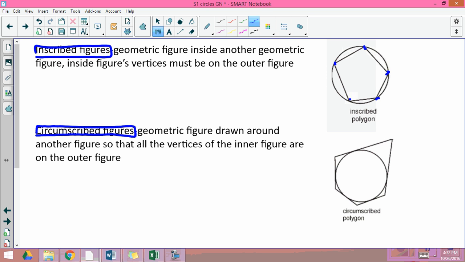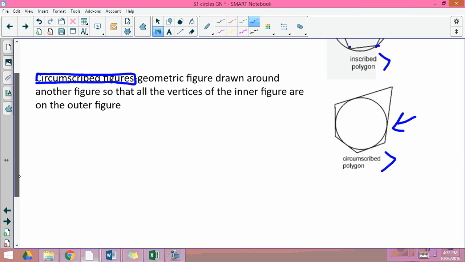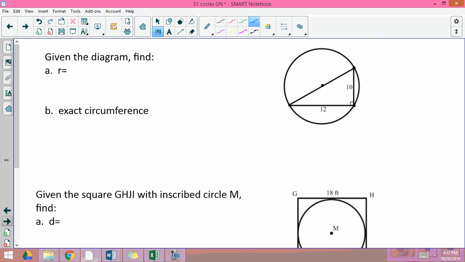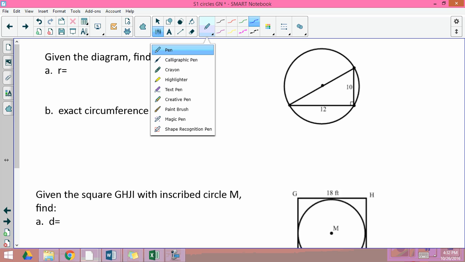touching the outer figure. So here we have an inscribed polygon. Here we have a circumscribed polygon. We could also say this one is an inscribed circle, and this one is a circumscribed circle. So it really is about which figure you're trying to emphasize, but the properties of both can come into play. So if we look at a couple of examples, like this one, given the diagram, find the radius and the exact circumference. Well, at first glance, it doesn't seem like we know anything about the circle, but if we look